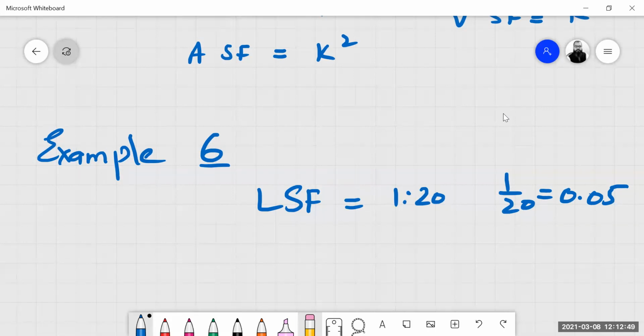Try to understand first what the question is. An engineer makes a model of a yacht, a small yacht. A yacht means a ship like this, a large ship. The engineer makes a model and this model is 20 times smaller than the real one. So how much will be the area of the real one? Now read this again. A model yacht is made.